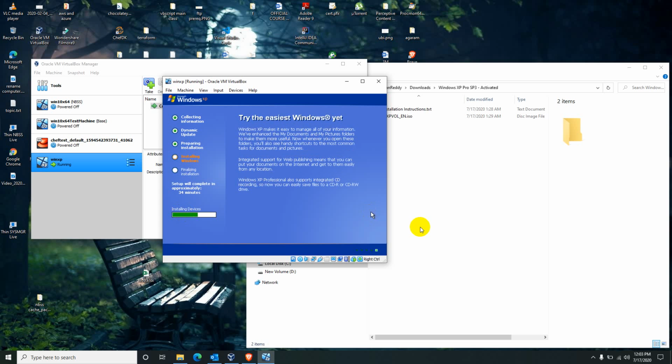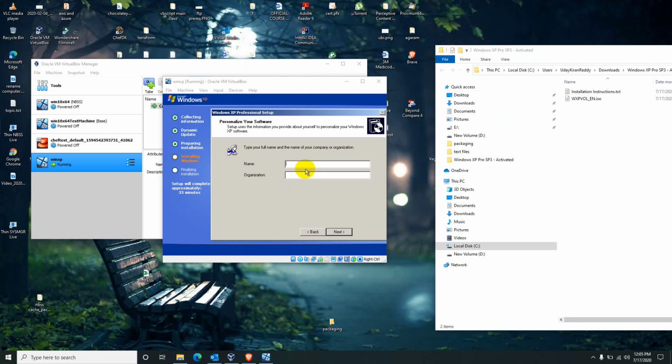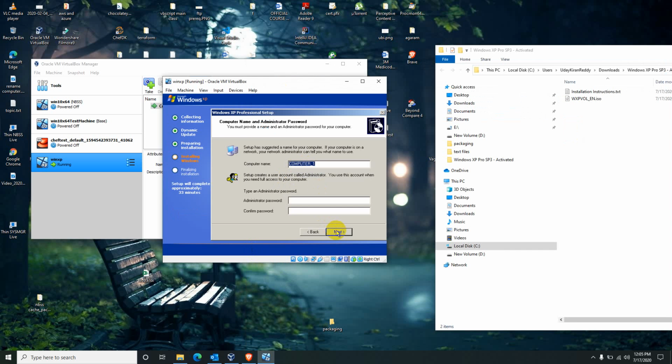VirtualBox will take care. Now it came to the input screens. Here you provide your name and your organization. Name: test Windows XP or something, whichever you want. If you want to set any administrator password, set it here, or else it will be created empty.